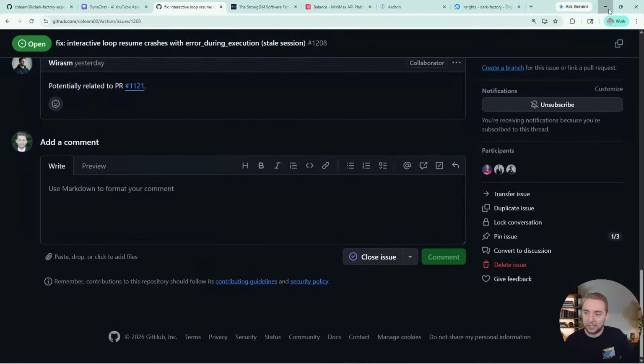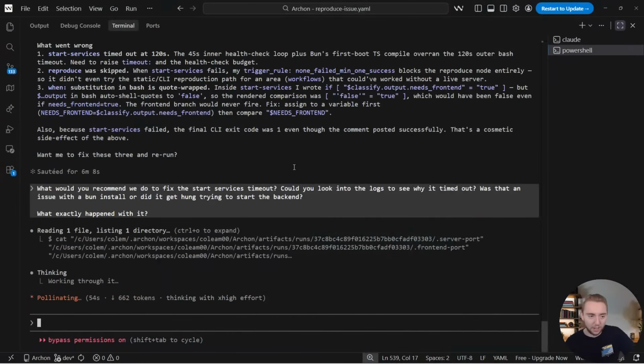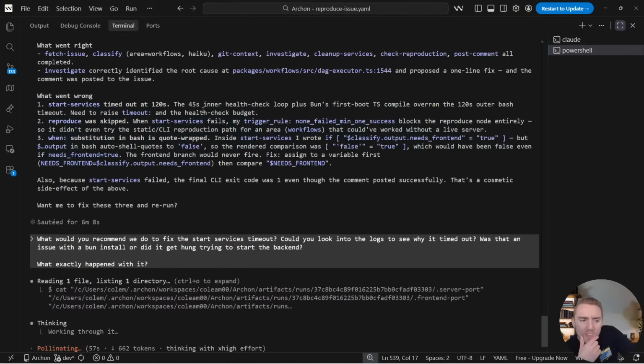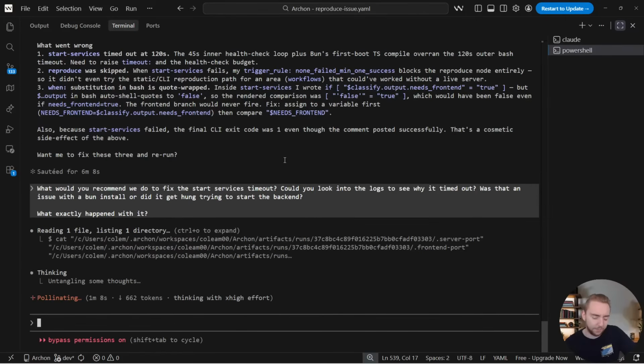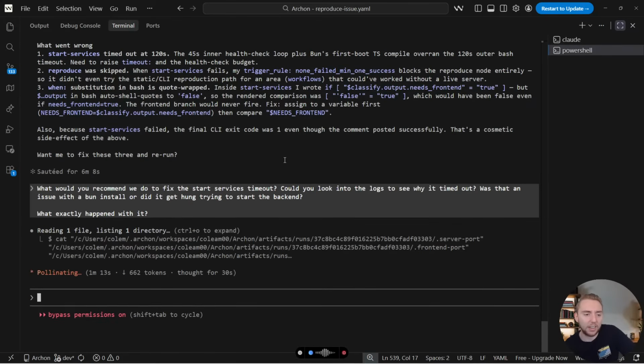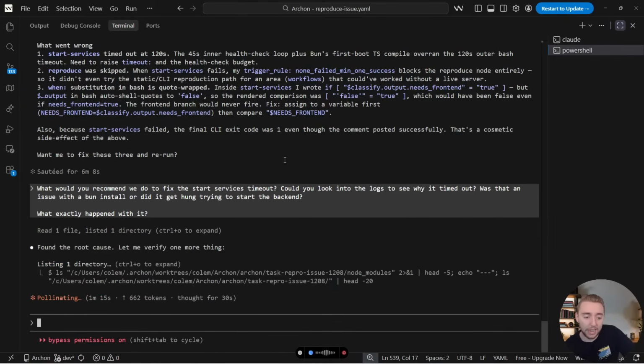So obviously, I'm not expecting it to be perfect first pass, but we definitely have some work cut out for us here. Because it also said that it needs a live web UI or Slack, but that's not true because it could just use the CLI. So that might be something I just have to correct in the prompts here. So let me go into my speech to text and I'll say, okay, so one thing that the GitHub comment said is that it couldn't reproduce because it needs a live web UI or Slack, but that's not true. We can just manage everything through the CLI. So I want you to change the prompts in the workflow to specify that when it's a problem in the workflow itself, we can reproduce things by just invoking the workflows through the CLI, like in this case.